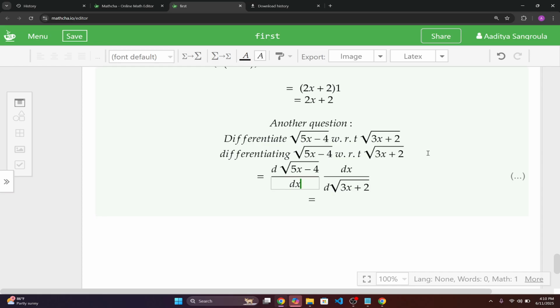Actually, we cannot differentiate in that way. That should be differentiated with respect to 5x minus 4, because 5x minus 4 has a power of 1 over 2, right? So subtract 1 from the power: 5x minus 4 raised to the power 1 over 2 minus 1, that's minus 1 over 2, times